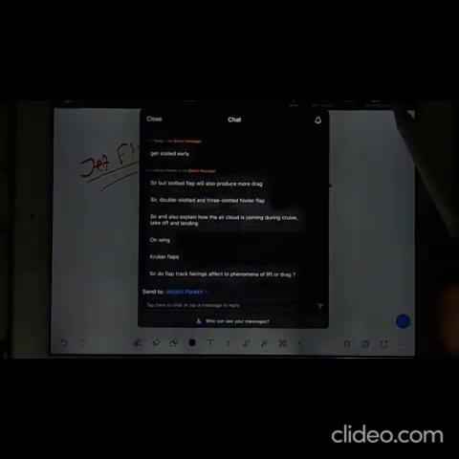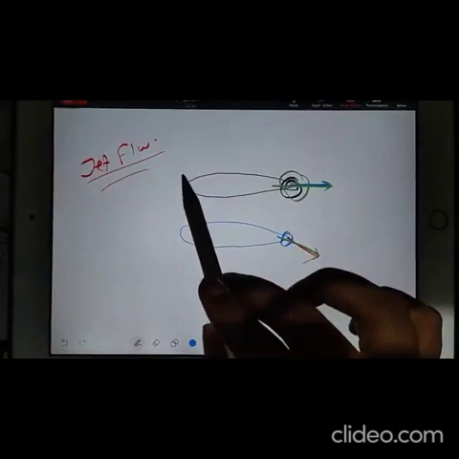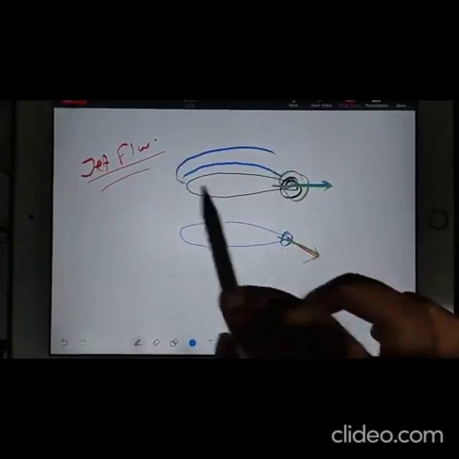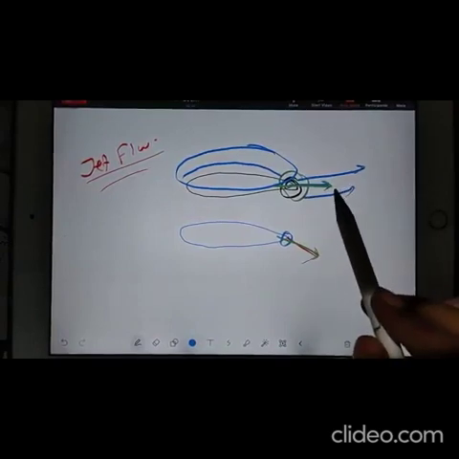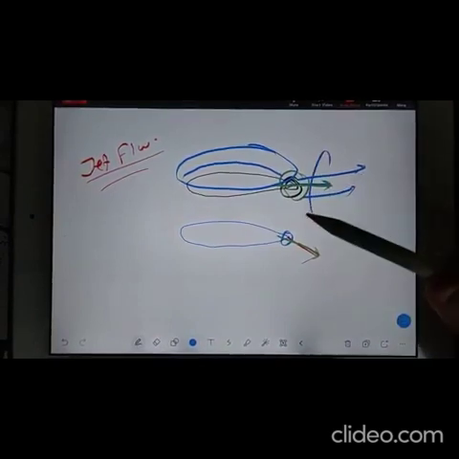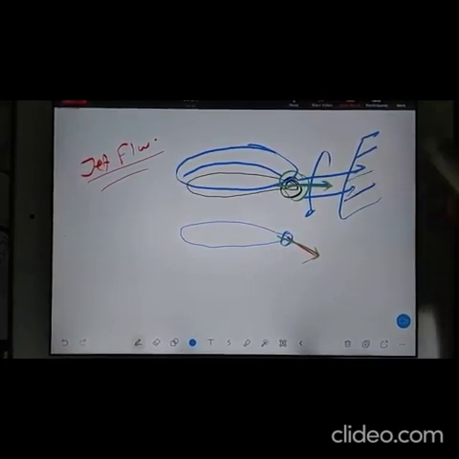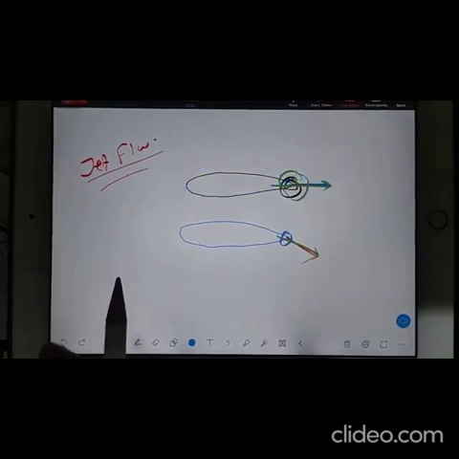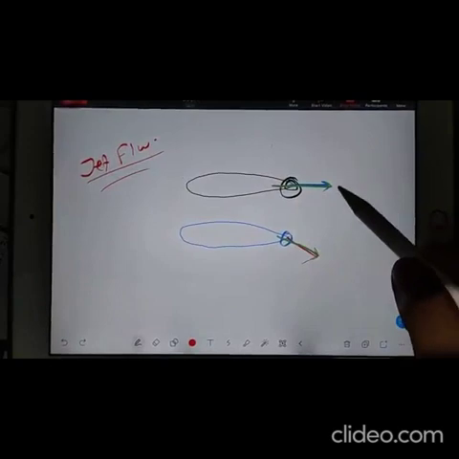What, Vedant? Flap, track, fairings affect the phenomena of lift and drag. Lift and drag will be affected if and only if you disturb the surface flow. Whatever is happening after that will not affect you. After that, only the vortex flow will affect. So any kind of such thing will not affect your lift and drag, because once it happens, it will be detached from the body.